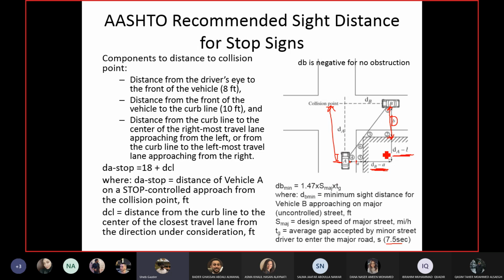Okay, and here we are considering that there's an obstruction on the side of the road. So you see the dash line is basically the obstruction. The dash line is the obstruction. If you don't have any obstruction, then fine, go ahead. Then there's no problem with the side distance, right?